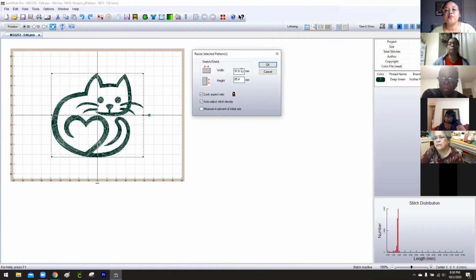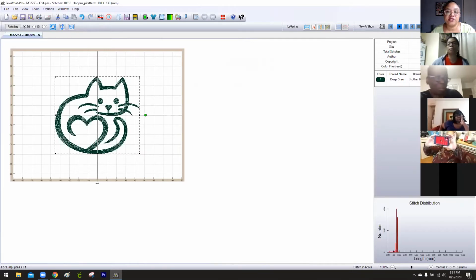You can actually do it by size. So this is 98 millimeters by 85.4. Say if I wanted it no wider than 90, I can type 90 millimeters, okay? And then because the aspect ratio is locked, the height automatically adjusted to match what the original size of that design is. And when you hit OK, notice it did shrink just a little wee bit,